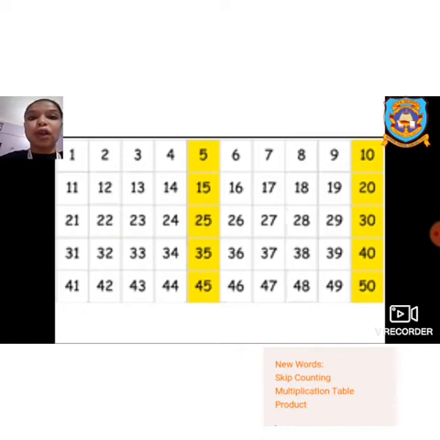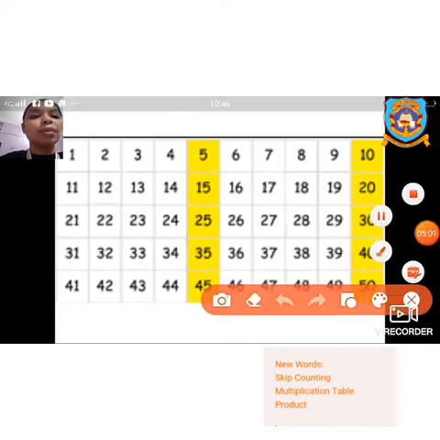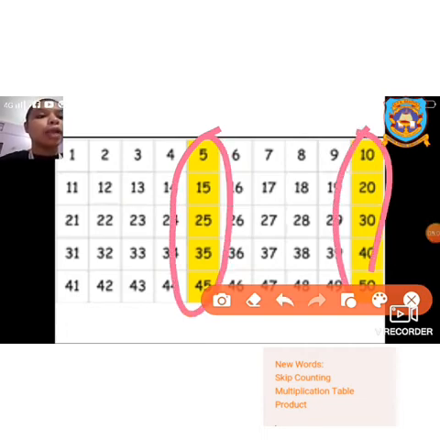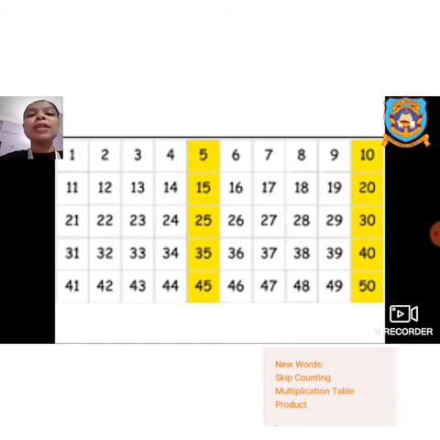The numbers you got in skip counting of 5 are here. Those are marked in yellow. Now what are these numbers? 5, 10, 15, 20 till 50 I have taken here. These are the values that you get when you do the multiplication table of 5. From 5 into 1 equals 5 till 5 into 10 equals 50 is the product of all the multiplication table of 5 you will get, through skip counting.